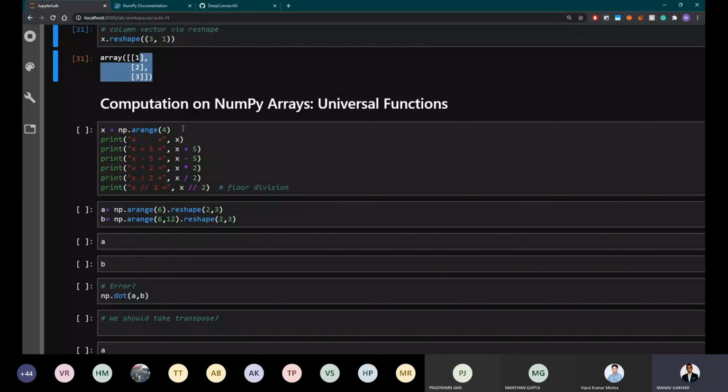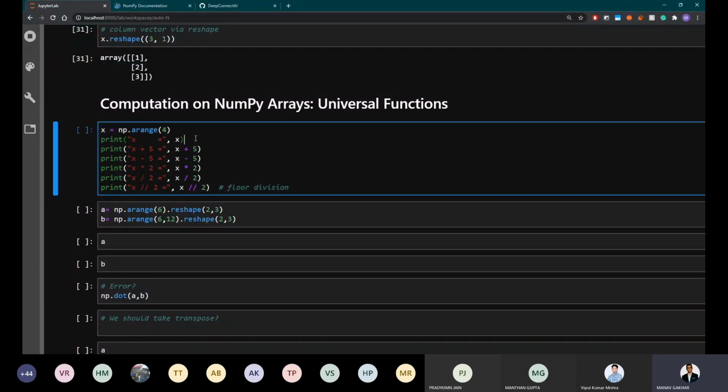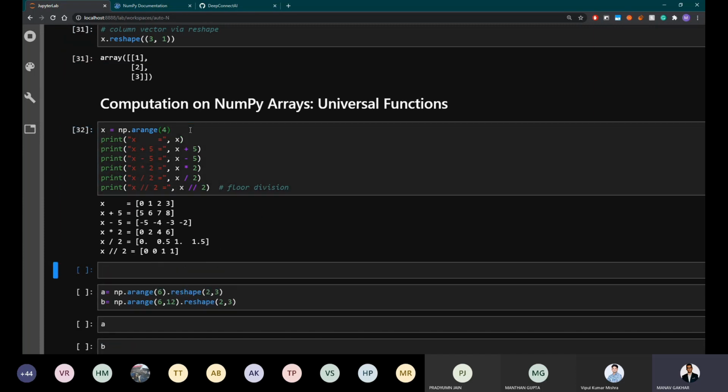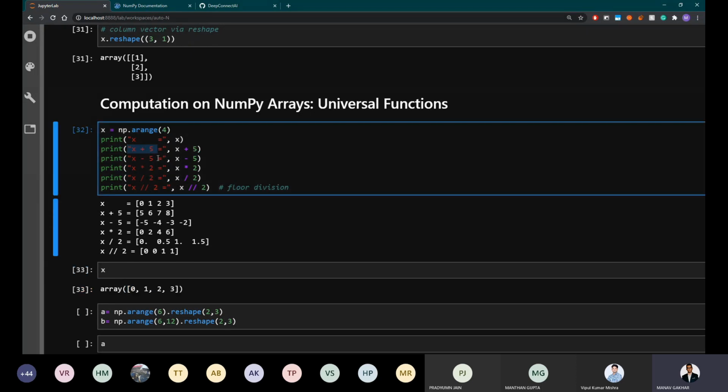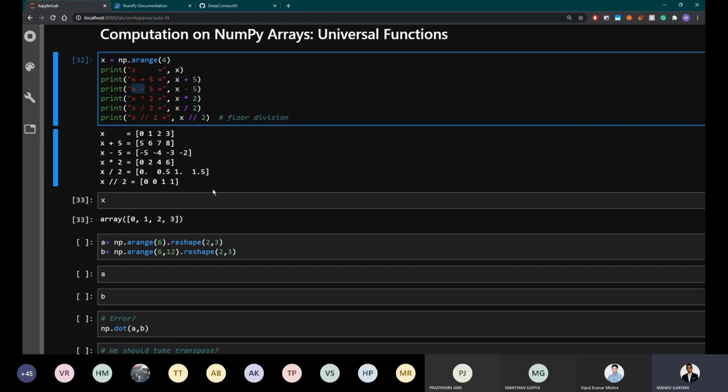Next, we'll move on to some basic universal functions that NumPy has. All of them are obviously optimized. One weird thing that you'll notice here is that if you look at x, it looks like this. Now, if we add 5 to x, what happened? Normally you would expect something like it gets added to one element, but something called broadcasting happens here. We'll get into that later.